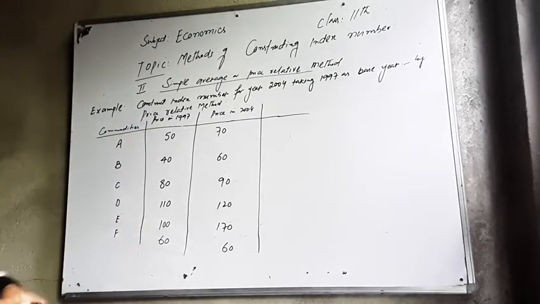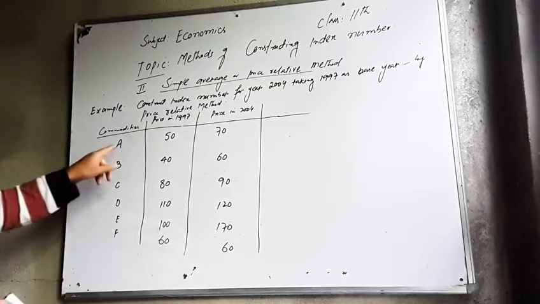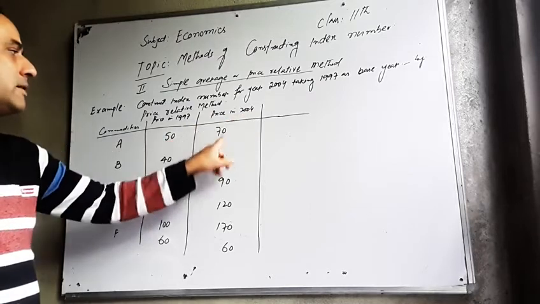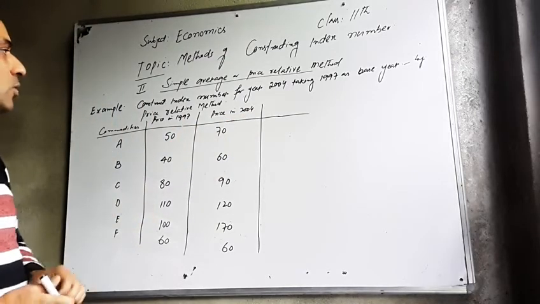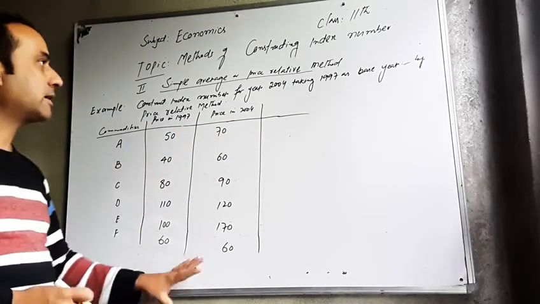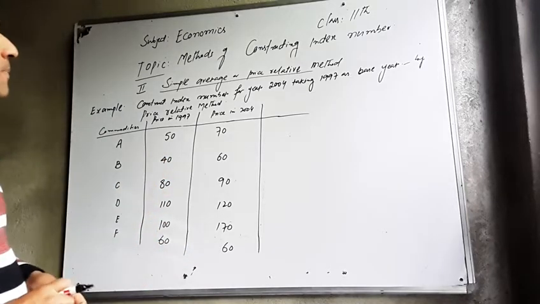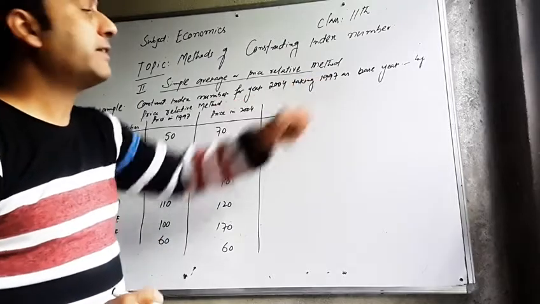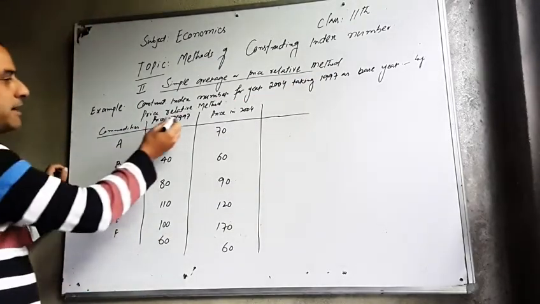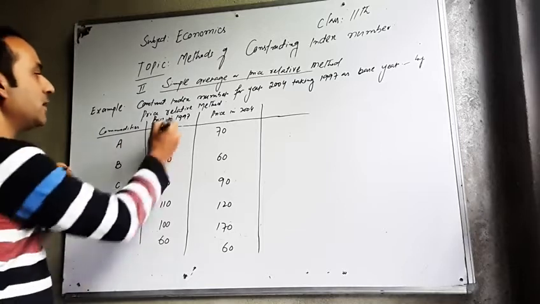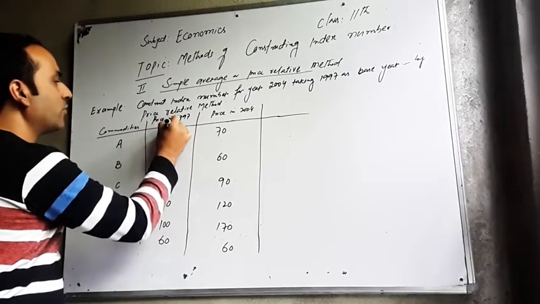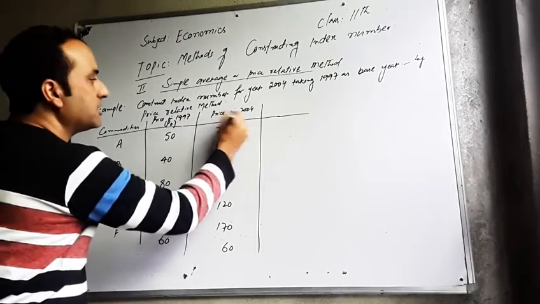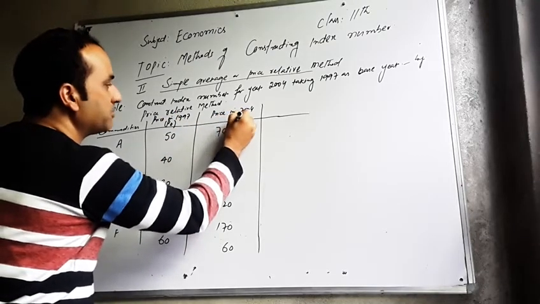यहाँ पे एग्जाम्पल दी हुई है। एक कमोडिटी ये है, इसका प्राइस 1997 में 50 था और प्राइस 2004 में 70 था। तो इसको हमें कंस्ट्रक्ट इंडेक्स नंबर करना है। But what we have to do, we have to take 1997 as base year. So जो हमारा 1997 है इसको हम base year लेंगे। Base year is denoted by 0, so we write P0, and this is P1, this is price in current year.